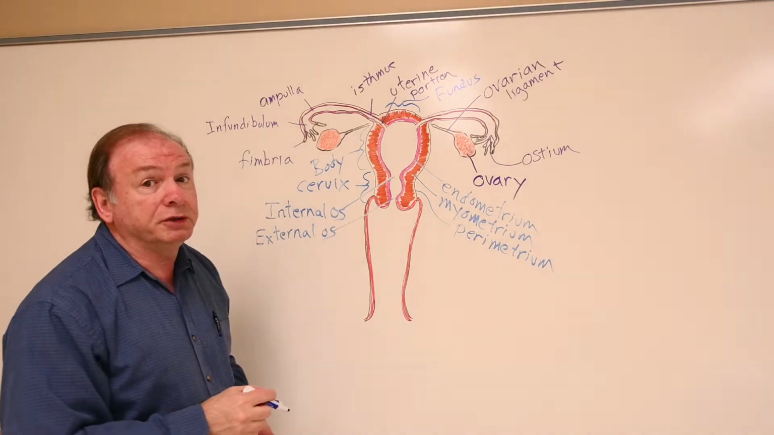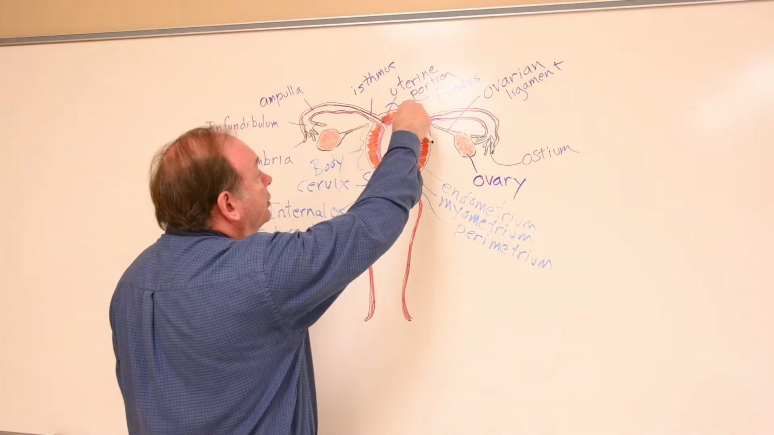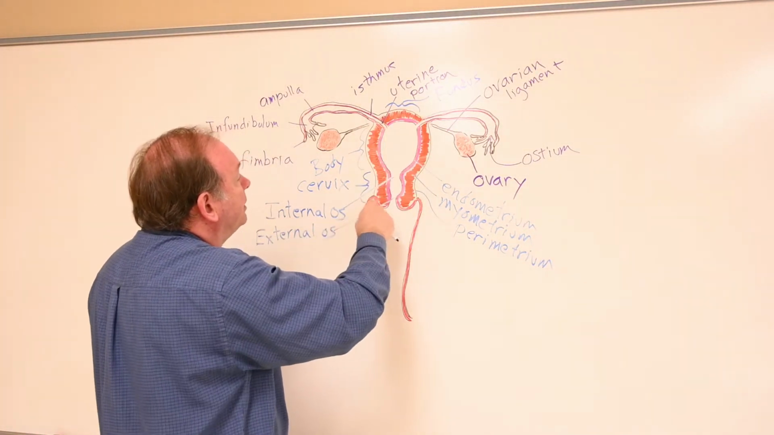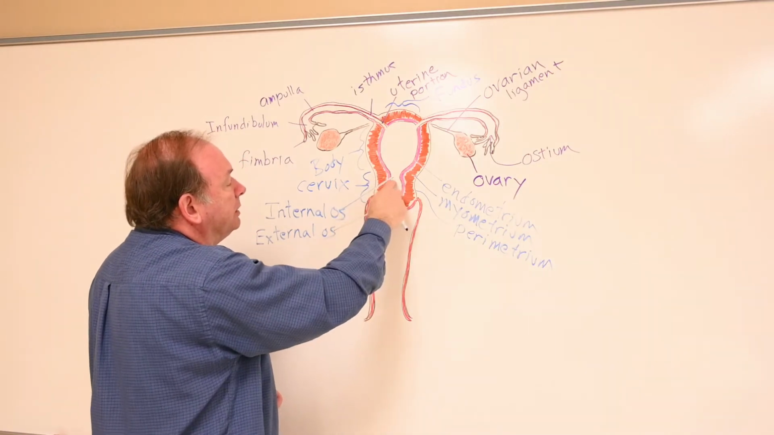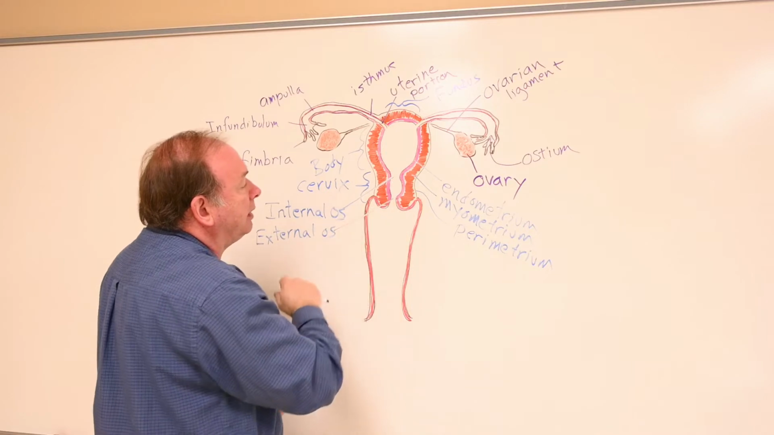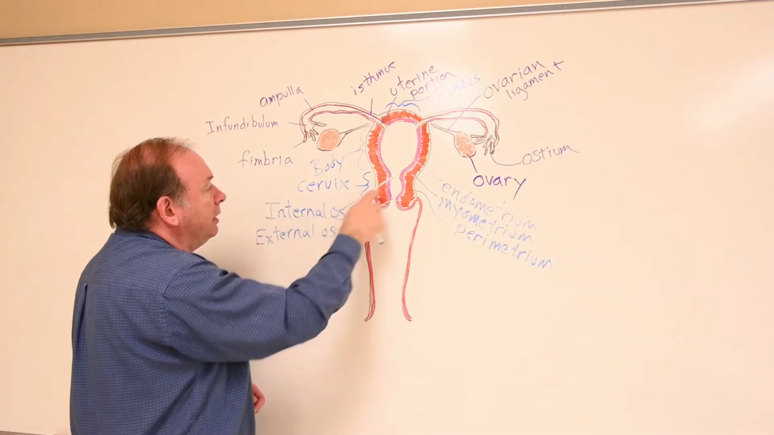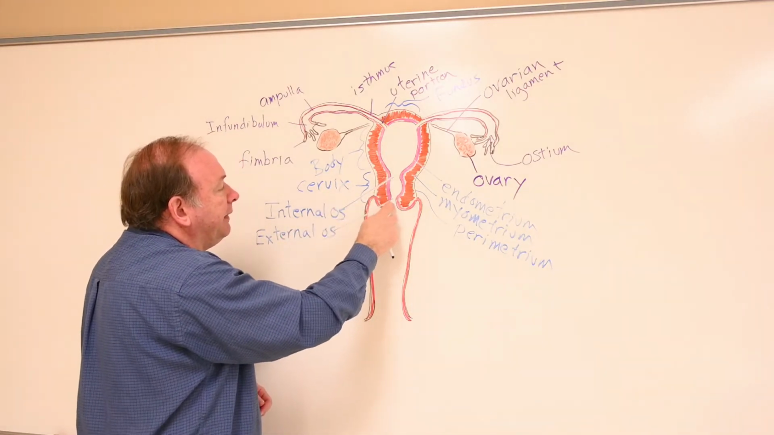So those are the portions of the uterus. From this portion at the top, then the body is the main central region. Cervix is the narrowed neck. There are two narrowings, an upper narrowing and a lower narrowing, called internal os up here, and then external os